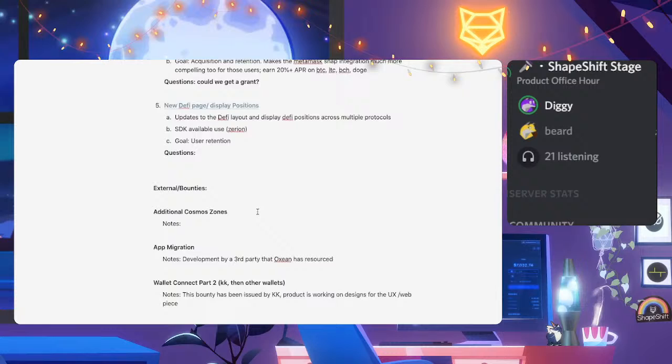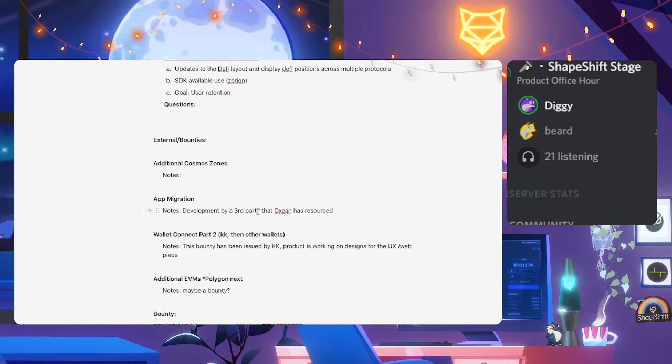And then external bounties. So we're looking at bountying some additional Cosmos zones. We were actually just chatting with Kevin about that. We just need some more documentation to be able to support anybody who would come in and pick up a bounty like that. The app migration,